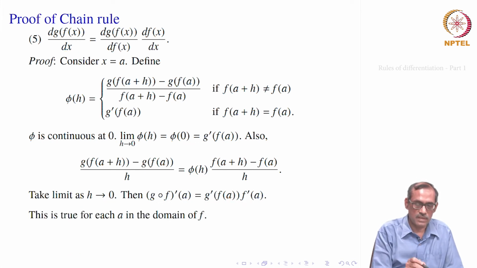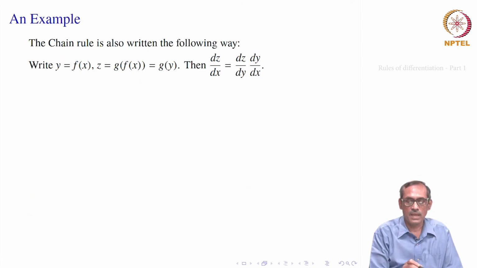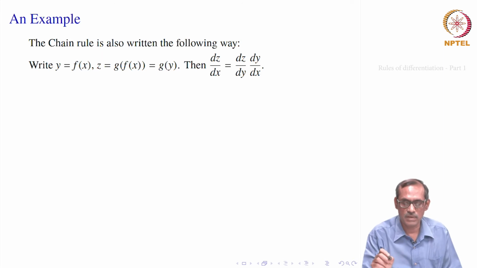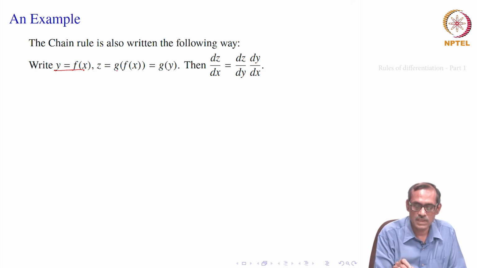We will see how to apply this chain rule. Of course, its application is in the inverse first. Okay. So, this we also write in this fashion, as we have already remarked. Let us see how the chain rule is applied. So, first let us rewrite it. What happens? y is equal to f of x. We say g of f of x, let us write it as z. So, z equal to g of f of x, which is g of y.